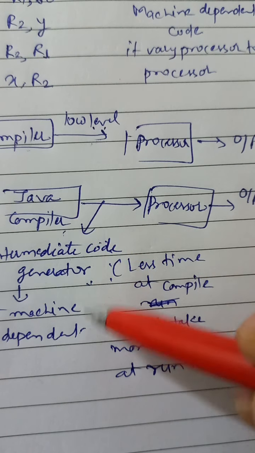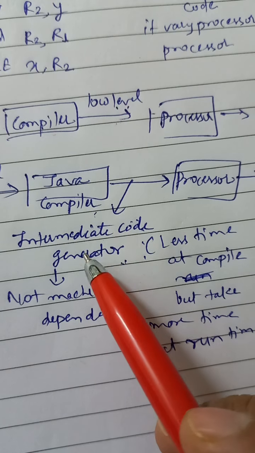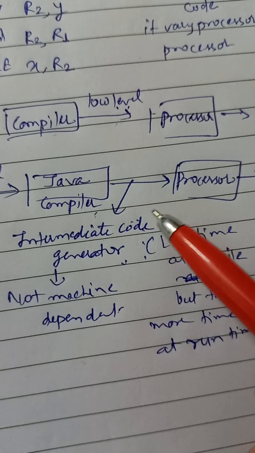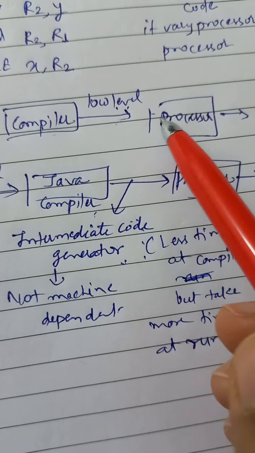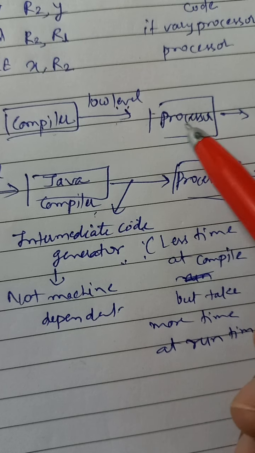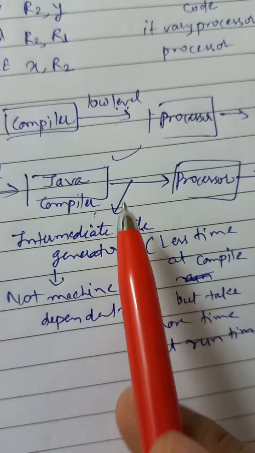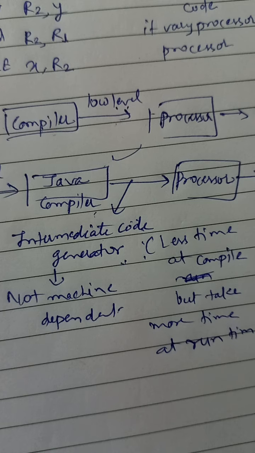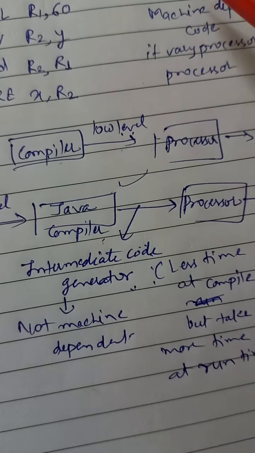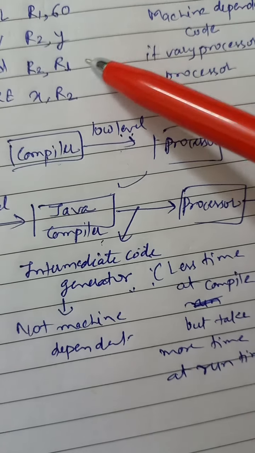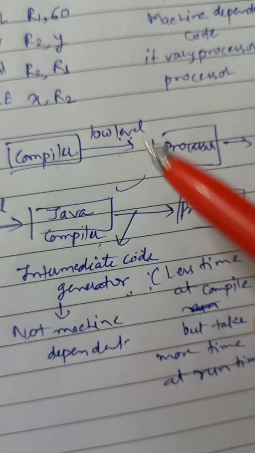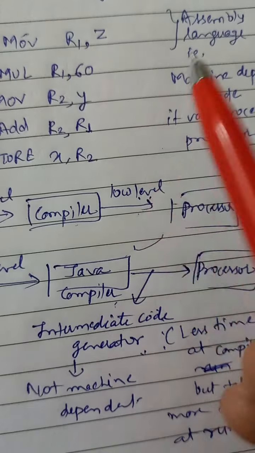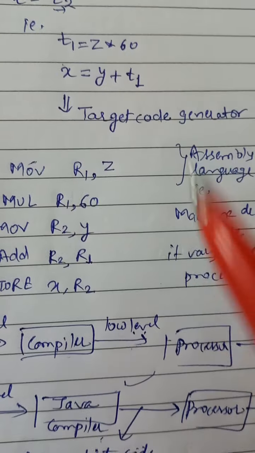But this is machine independent code because it works only till the intermediate code generator, so we can run our program on any machine. The other is machine dependent because we cannot change it according to processor to processor. So this is the best way of doing this, by using the Java compiler. So this is the way we convert our code down to machine dependent code with the help of the compiler. These are the phases of the compiler, and this is the working of the compiler.